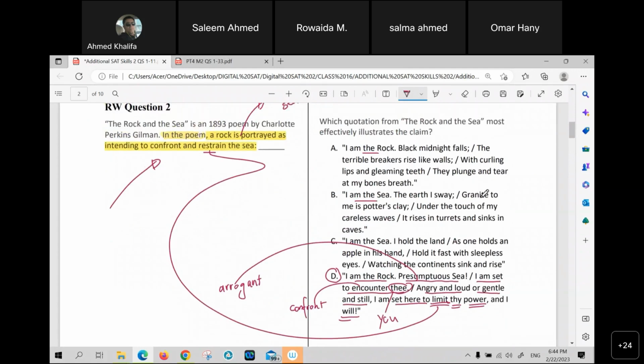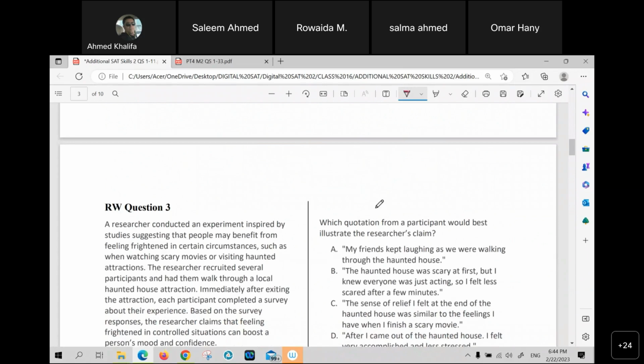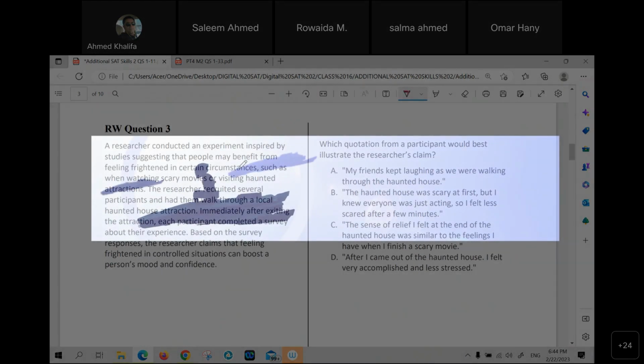And even if you read through, you will never find any kind of confrontation or challenge or anything. Then let's go to question number 3. And question